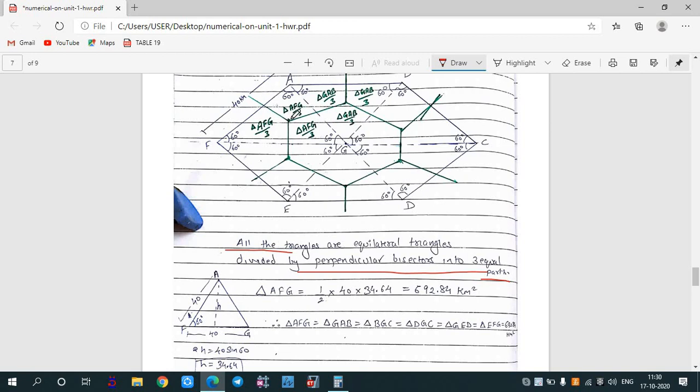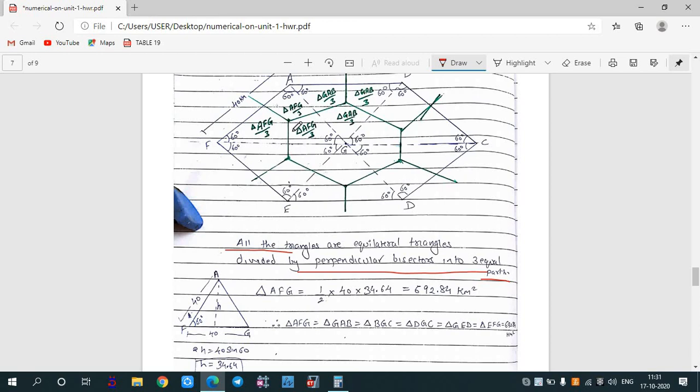As you can see, bisectors have been provided. This is cutting the triangle from this side, this is cutting the triangle from this side, this is cutting the triangle from this side. So it has divided this triangle into 3 parts. Similarly, in the other triangles, this side is cut by this bisector, this side by the other bisector, this side by the other bisector. So this triangle has been divided into 3 parts. Similarly, this triangle has been divided into 3 parts, this triangle, this triangle, this triangle, this triangle, each into 3 parts.